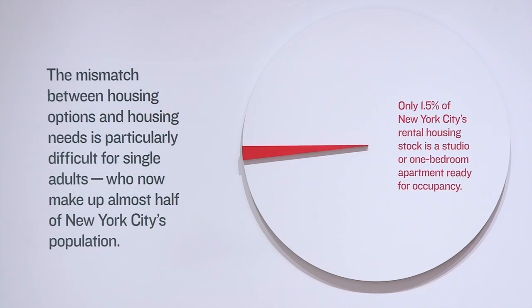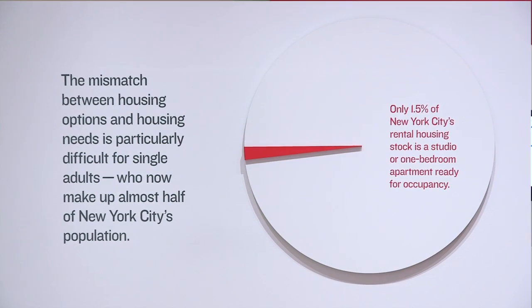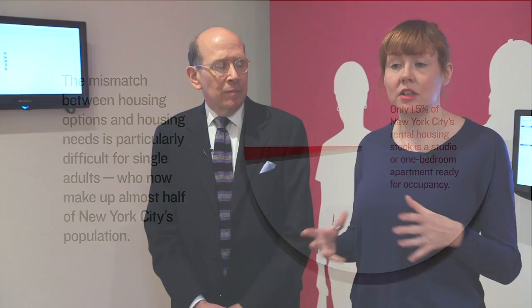And the reality is that people have to go in the underground, informal, shared housing market in order to try and fit in to the housing stock that's available. In fact, only 1.5% of the housing in New York would be ready for occupancy and suitable for them. So people are really forced to live in illegal, insecure, very informal arrangements, mostly creating households based on the internet